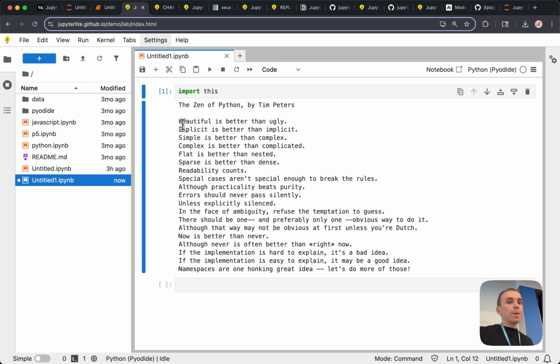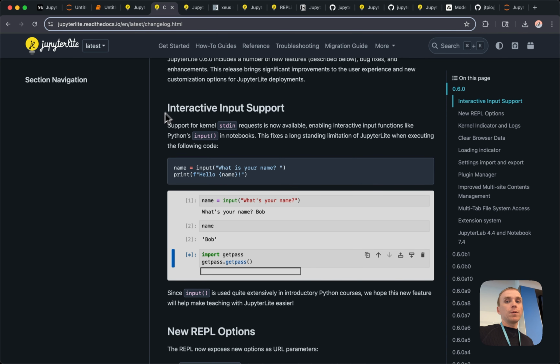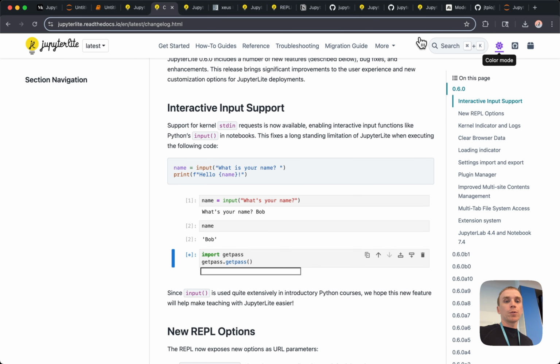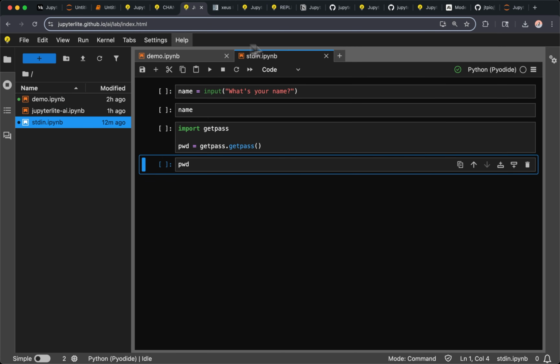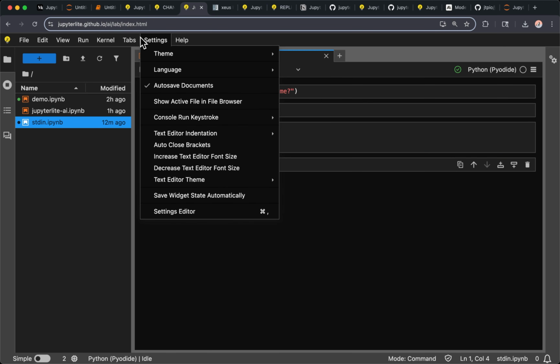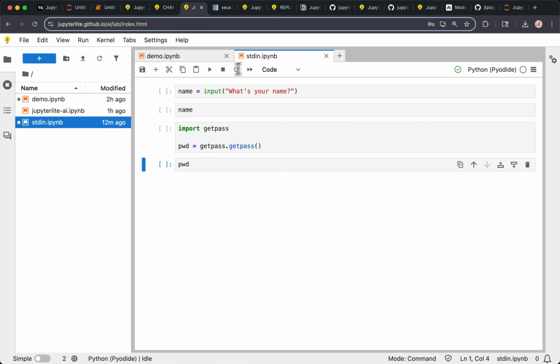So this new version is coming with a bunch of improvements. There are limitations to what you can do in Jupyter Lite, and one of them was the use of the input function in Python.